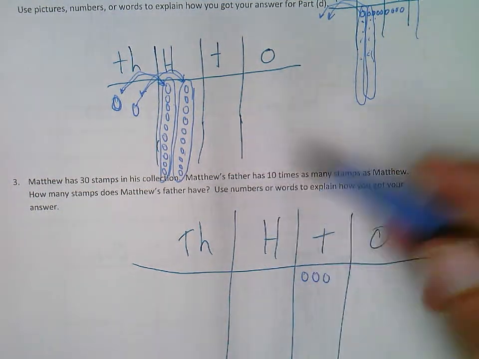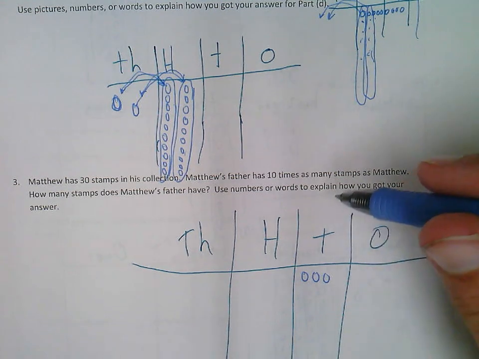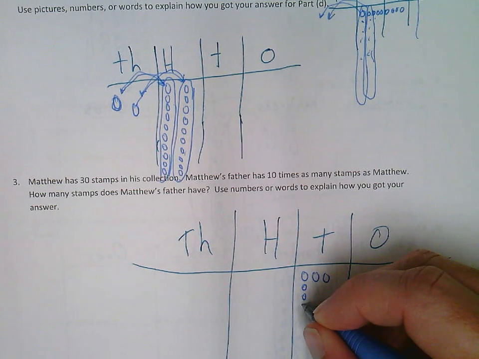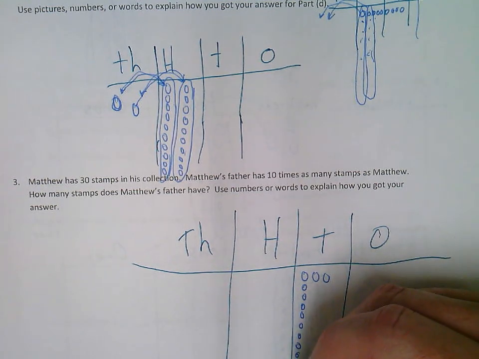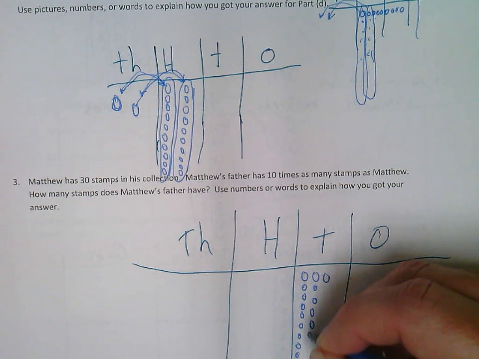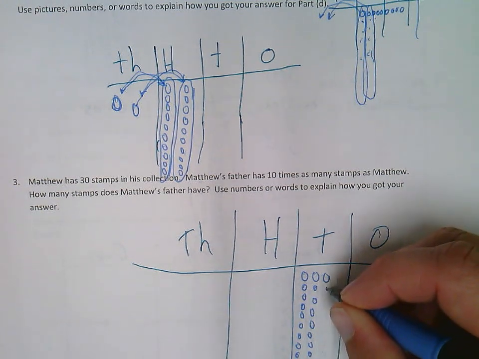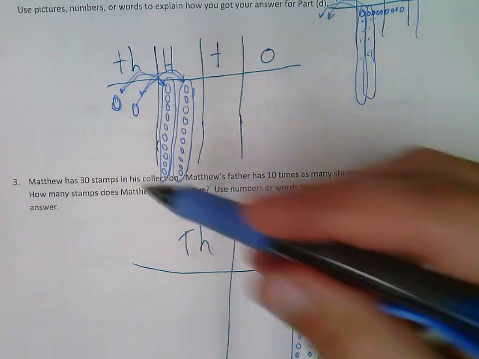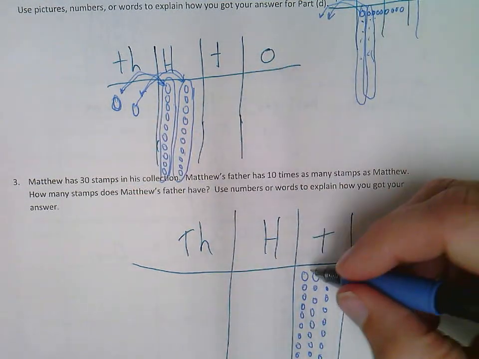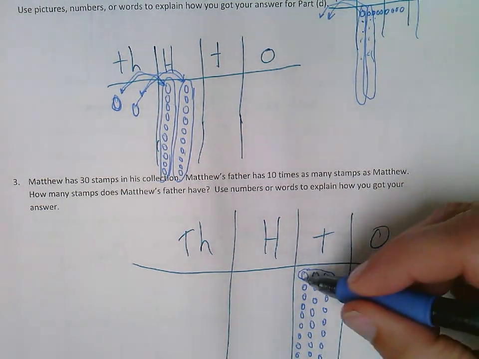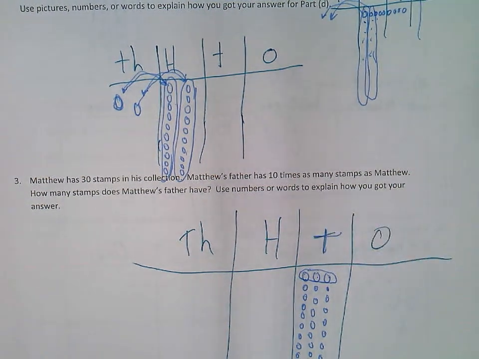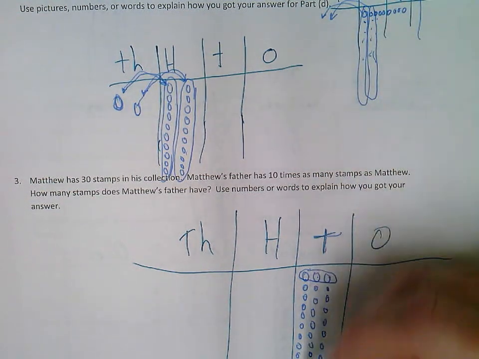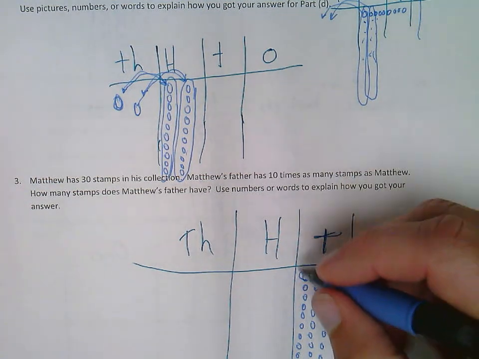And it says his father has 10 times as many. So 3 times 10 is going to give me 30. 3, 4, 5, 6, 7, 8, 9, 10. So Matthew started off with 30 stamps, which were these 3 there, 10, 20, 30, because they're in the tens place. But Matthew's father has 10 times that amount, so I put 30 tens here, which is going to give me